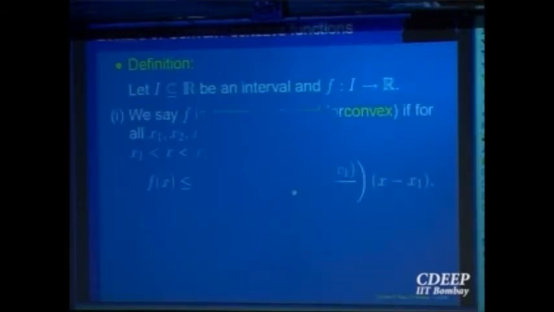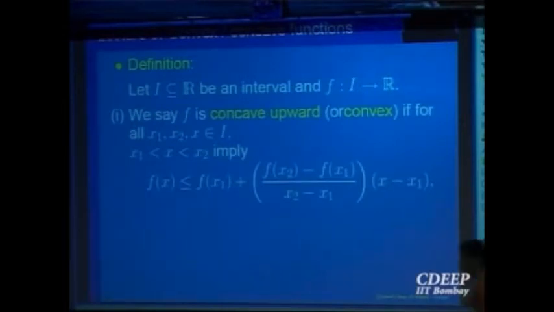So let us put the definition. f is a function defined on an interval I to R. We say that the function is concave upwards, or it is also called convex, if for any 2 points x1 and x2 in the domain, and a point x in between, the value f(x) is less than or equal to L(x). Right? What is the value of L(x)? The value of the line joining the 2 points. So this will be the slope of that line joining the points x1 and x2, at the point x. Right? This is the slope of the line.